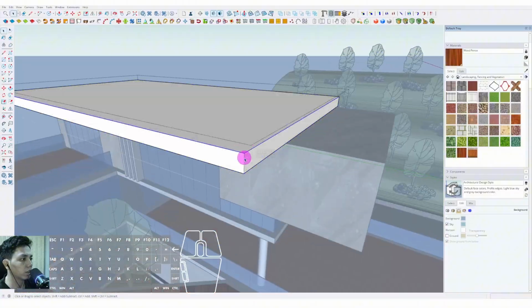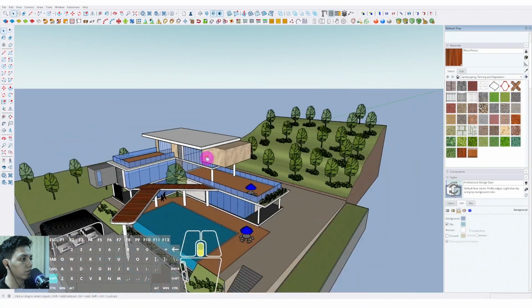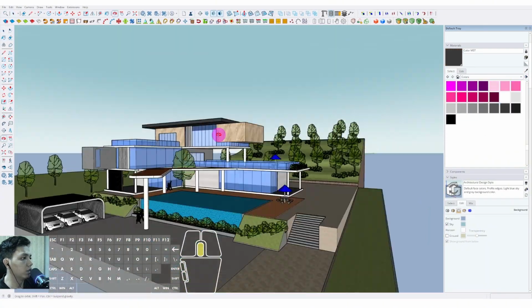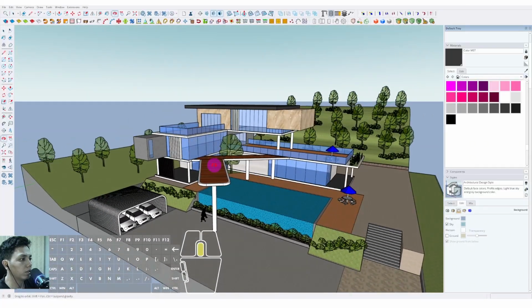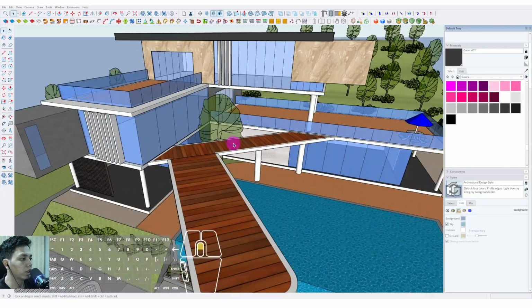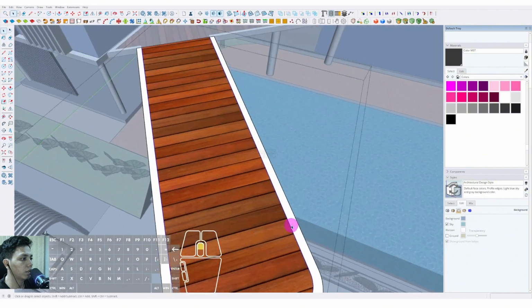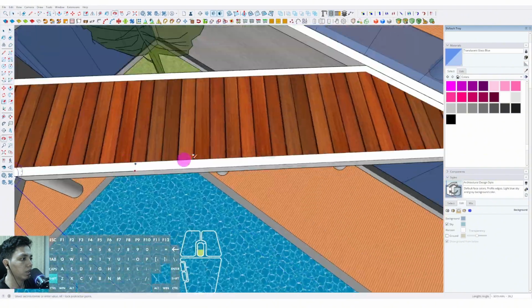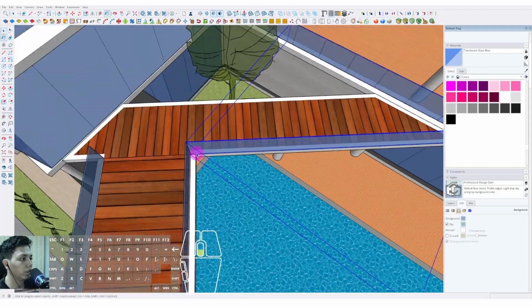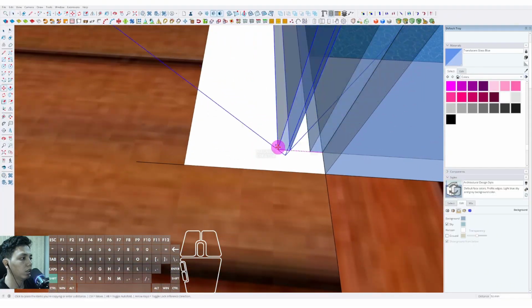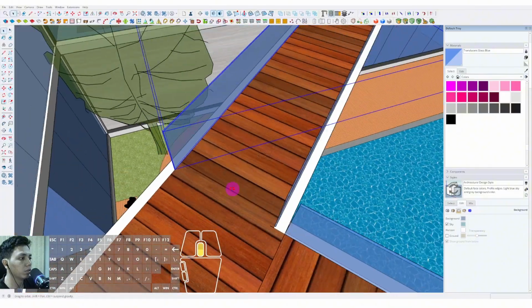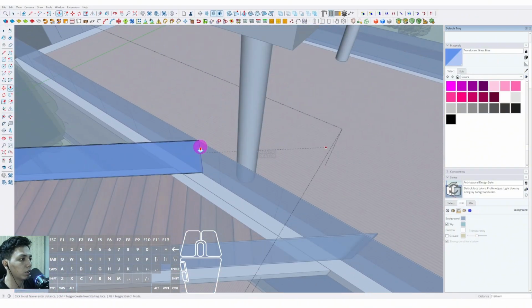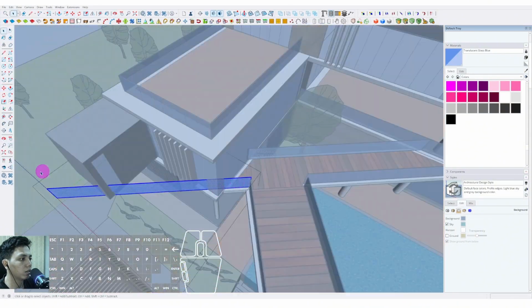Okay, I extend this roof in here and make it a dark color. Okay, and after that I make the barrier. I make the barrier in here to make the railing of the curvy hanging balcony and the hanging pool deck. Okay, and I adjust the balcony railing